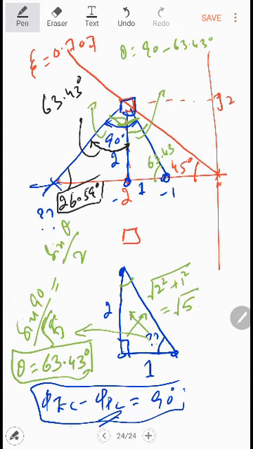Degrees. Which means from here, if you find this value, you can find the value of IPC, which is equal to 26.59. Now remember that we have the location, and what are we going to find? We are going to find the length, the location on the real axis. So we know the location of the pole, which is equal to -1. We do not know the location of the pole over here.